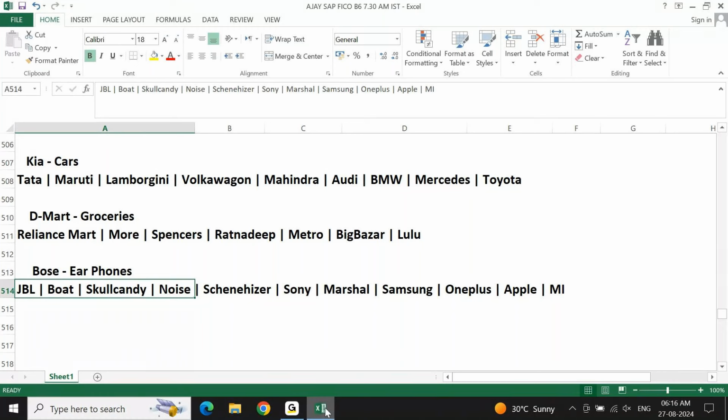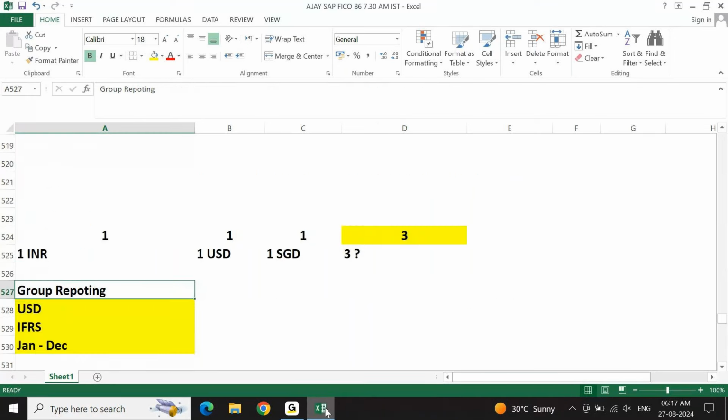Everything is supposed to be based on the requirement. At first level, as a consultant, you should understand the requirement. Now when you're in a project as a consultant, you will be provided with the company name, product, service, business process, requirement, everything by the client. When you're in a project, everything will be provided by the client.